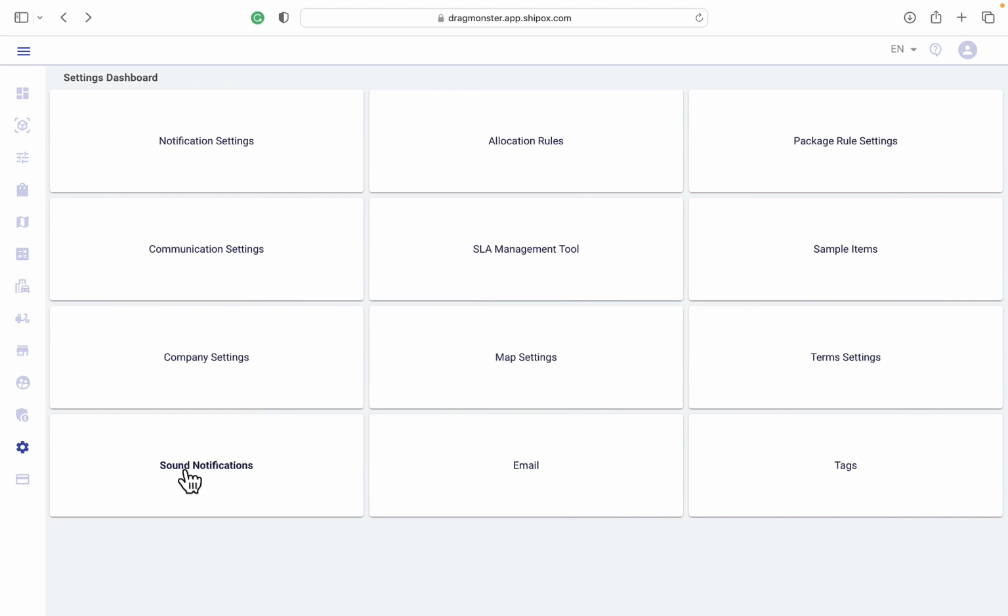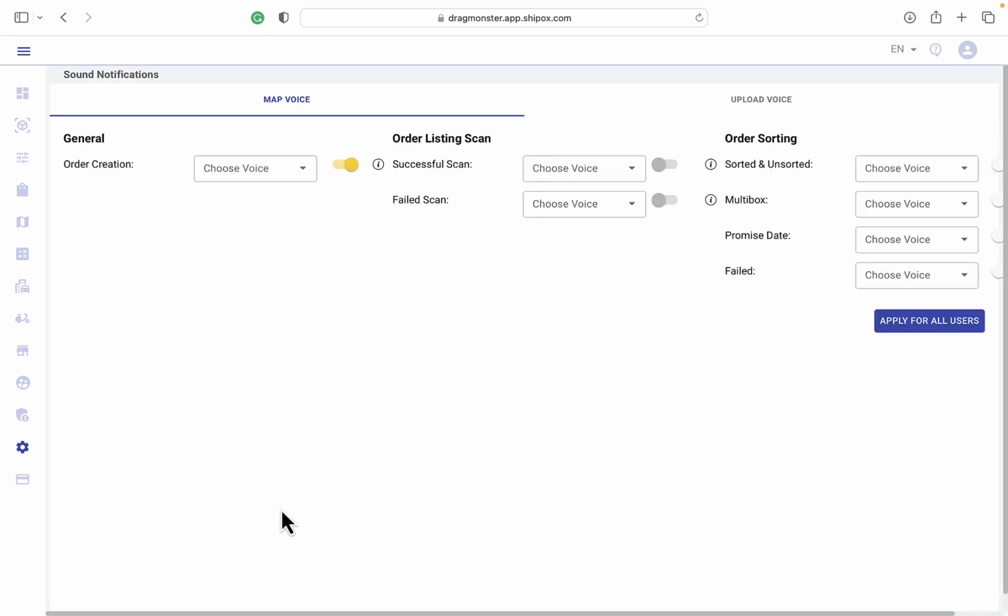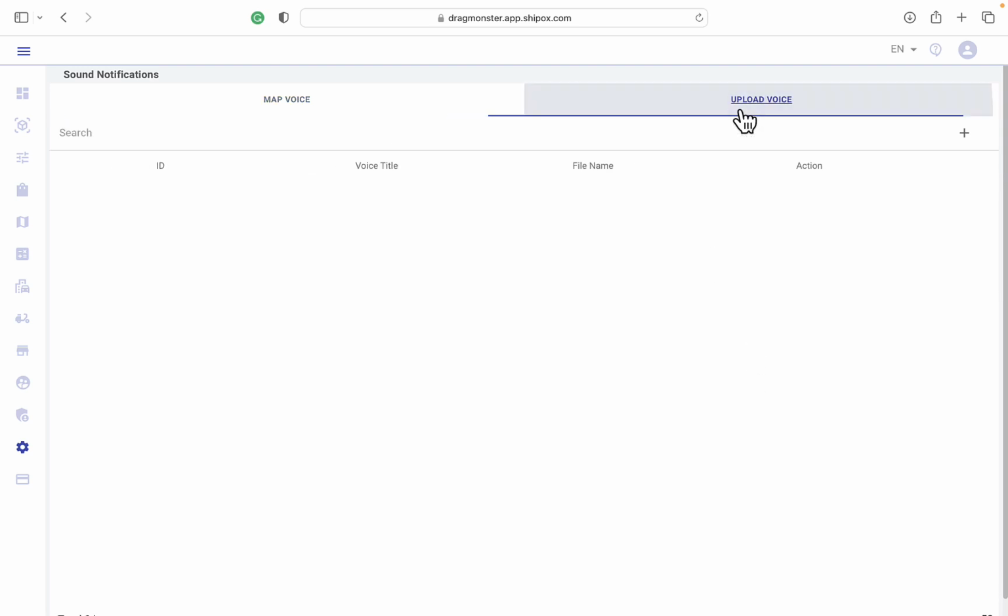Sound notifications enables you to set sound notifications regarding all stages of order delivery. In order to add sounds to the database for their further use for sound notifications, click the Upload Voice button